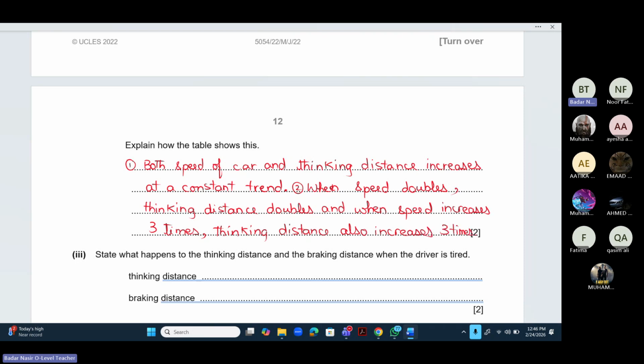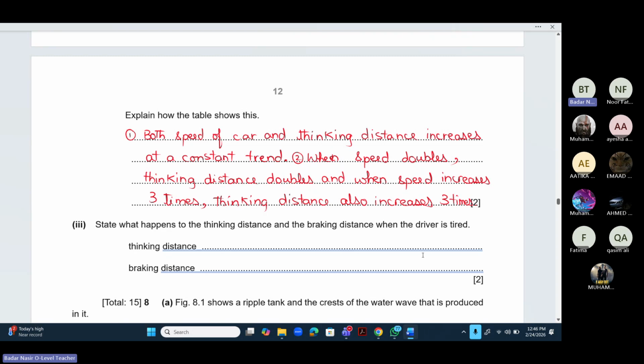So ये constant ट्रेंड है जिसको ये फॉलो कर रहा है, ठीक है। तो आप उसको ये बता सकते हो, ओके। अब अगला वो कह रहे स्टेट व्हाट हैपेंस टू थिंकिंग डिस्टेंस एंड ब्रेकिंग डिस्टेंस व्हेन द ड्राइवर इज टायर्ड।